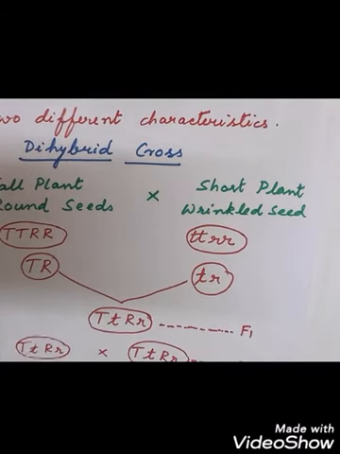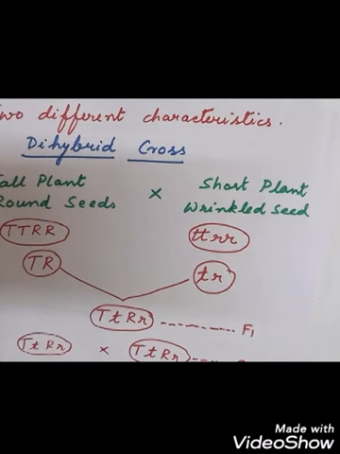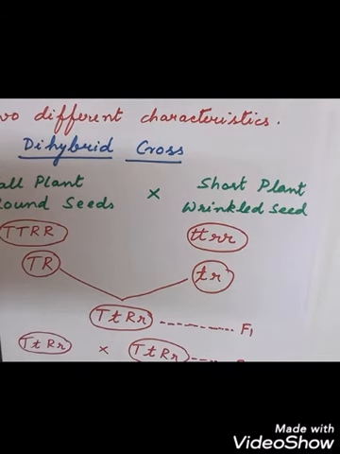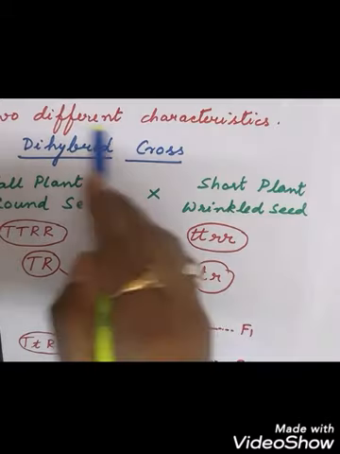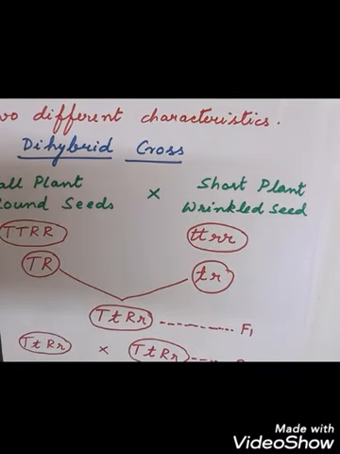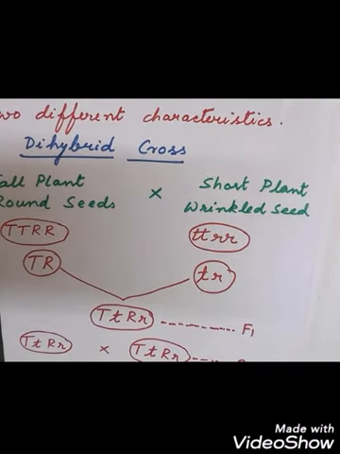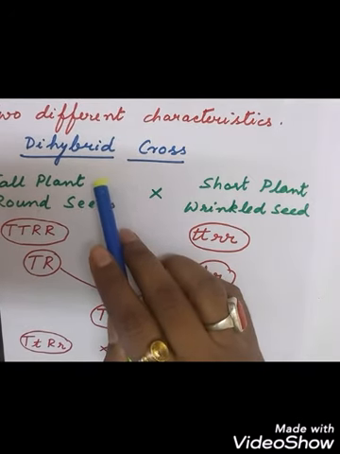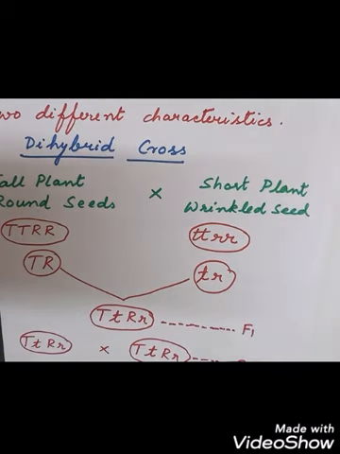Students, in the previous lecture we have already discussed one of Mendel's important crosses, that is the monohybrid cross. Now in this lecture we will discuss the dihybrid cross, where we get two different characteristics from the same plant. See here, in the previous cross we just crossed a tall plant and a short one, which was called the monohybrid cross, where we got the ratio of dominant and recessive as 3:1.